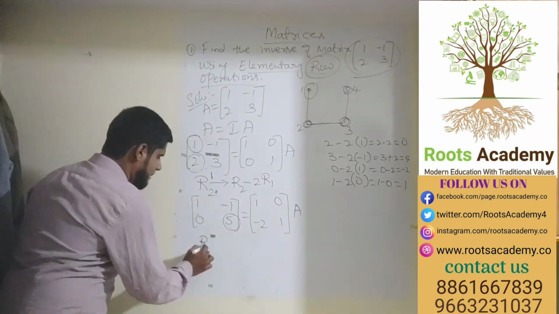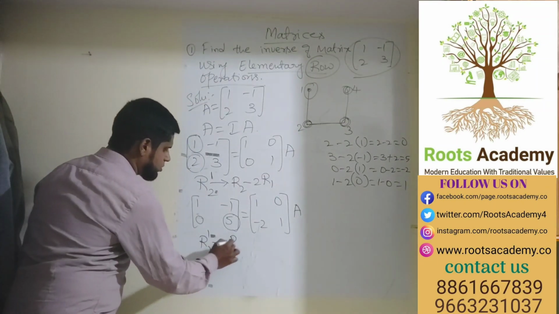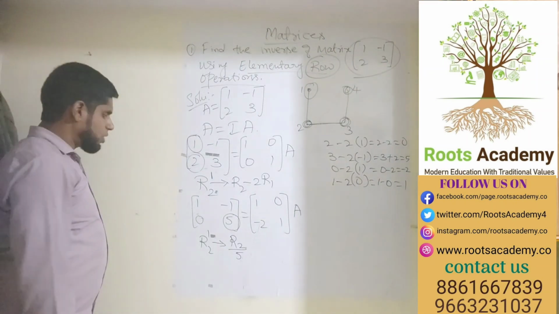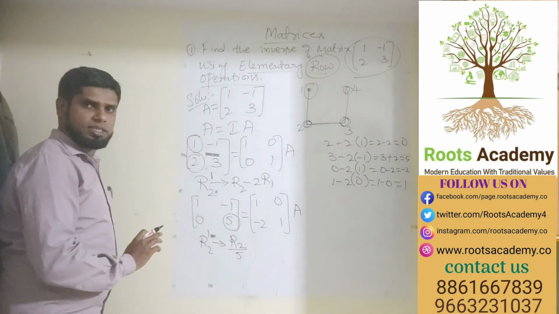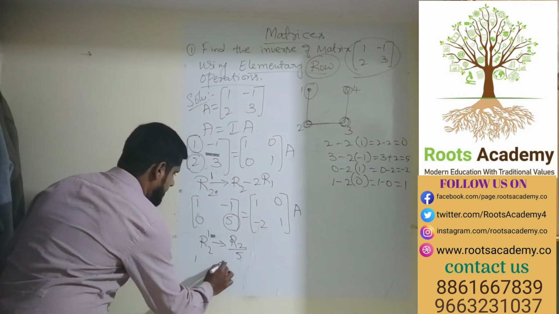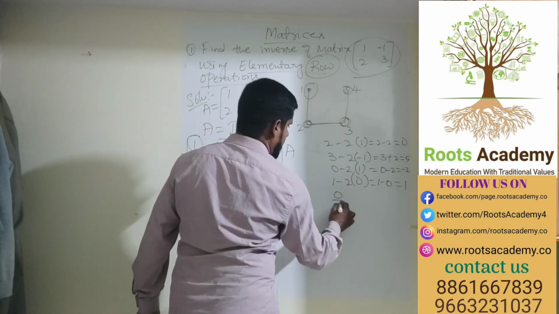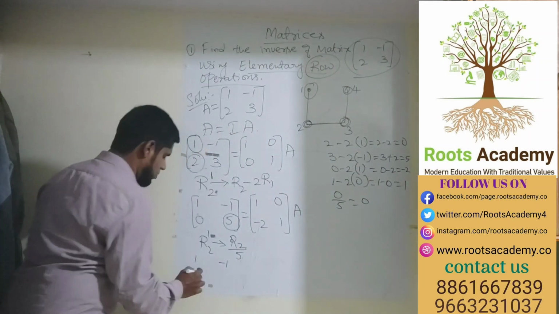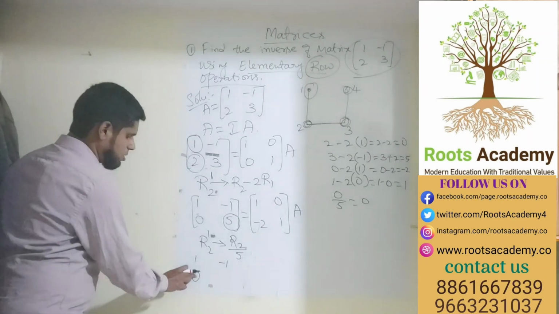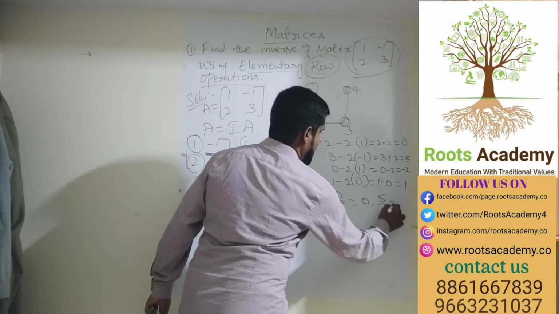So student, here since again it is in R2, I write R2 dash changes to R2 divided by 5. So again the first row is as it is, no changes in the first row. So it is 1 minus 1. 0 divided by 5 is 0. See this, at any cost, this should not change. Next is 5 divided by 5. It's 1.